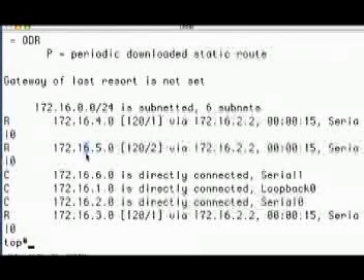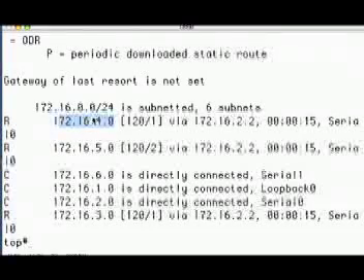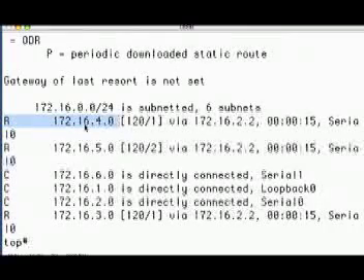Okay, so this is interesting. Before, we had 2 routes to the 172.16.4.0 network. One of them was via serial 0, and one of them was via serial 1. Now what we've done is we've created an offset list where inbound route advertisements are given additional hops. So now we have 2 ways to get to 172.16.4.0. One is 1 hop via serial 0, and the other one is 2 hops via serial 1. Well, 1 hop is better than 2 hops in RIP, so only one next hop is being inserted for this